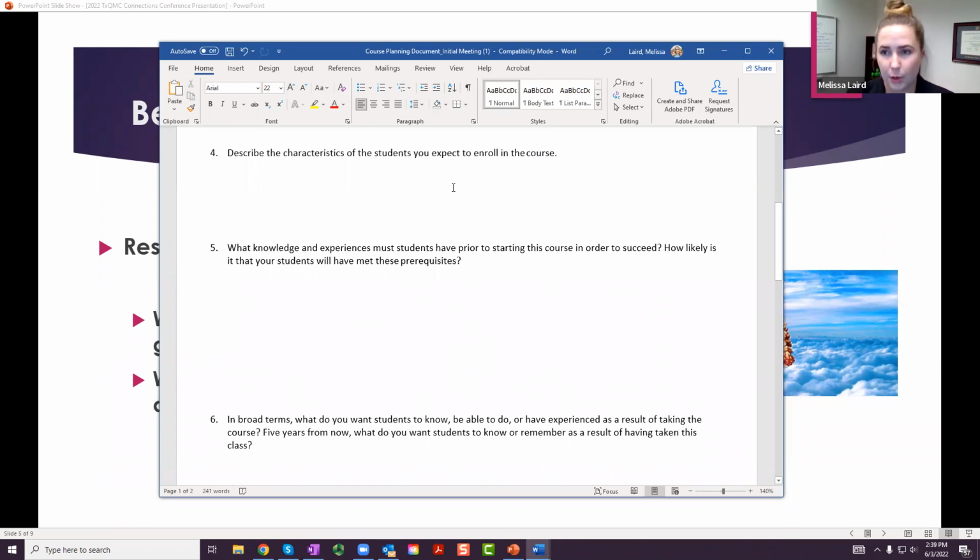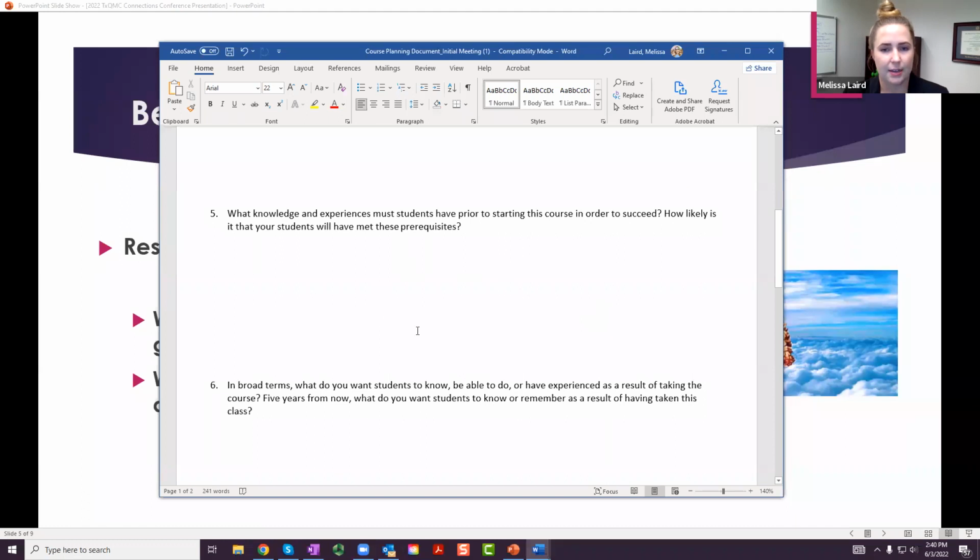If you're familiar with the TILT model, Transparency in Learning and Teaching, we talk to them a lot about, for any assessment that you have, what kind of skills are expected of them? What are they going to have to do to meet the assessments that you're giving them? So we use this to